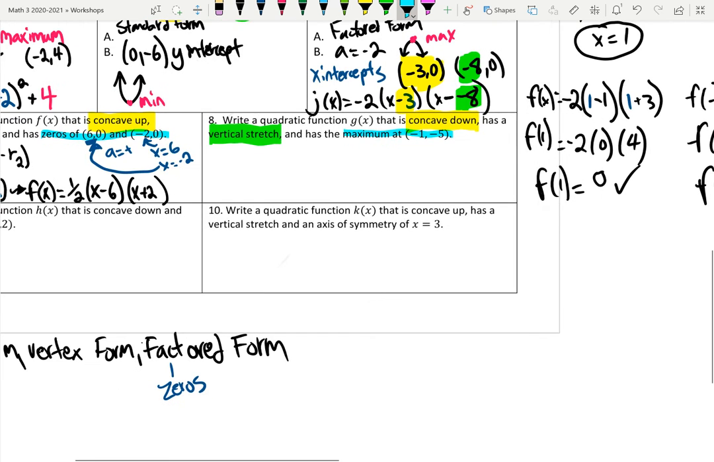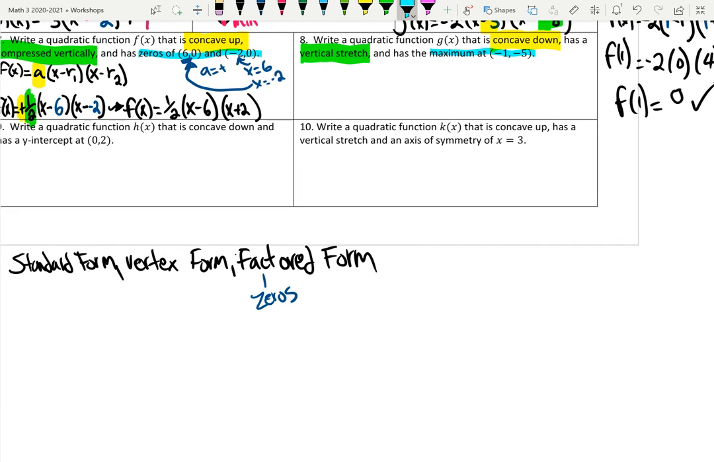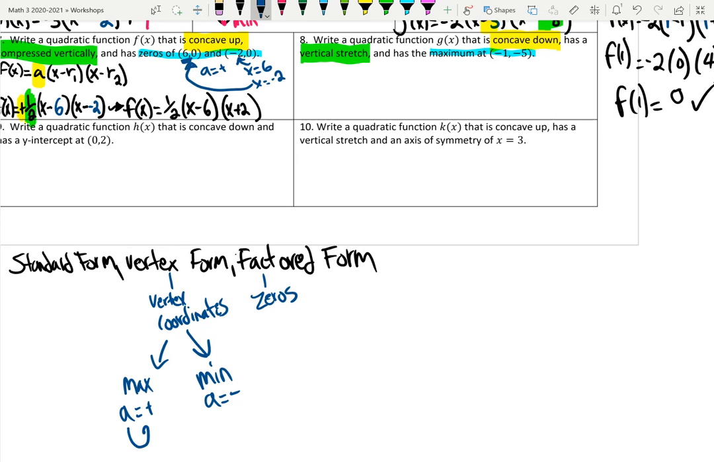Well, all my forms can determine concavity. So I have to really look at this word maximum. Well, maximum is a vertex. Vertex form tells you the vertex coordinates, and then this transfers to maximum or minimum, depending on if A is positive or if A is negative. The reason being, if A is positive,